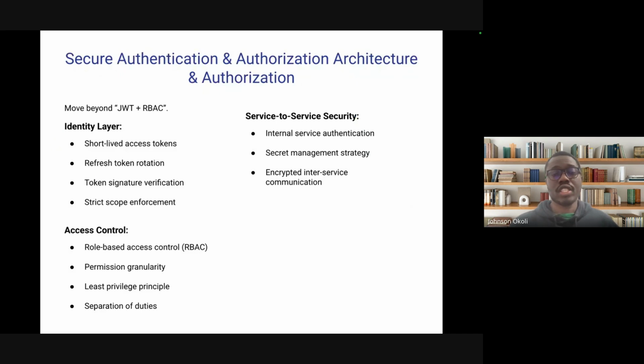Then we have the secure authentication and authorization architecture. So we employ security beyond the normal JWT, that's JSON Web Token. You also have to ensure you have role-based access control, where you make the tokens short-lived based on duration, and they don't span for a long time. And you also ensure that you assign roles based on the least privilege principle. So you don't give roles to users unless they need that role. You give the minimum possible role to the user. That way, it caps the activities in case the user is compromised, so when they're compromised, they have limited access to various functions.